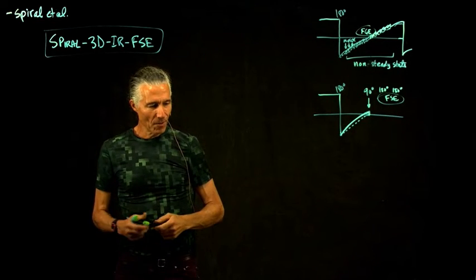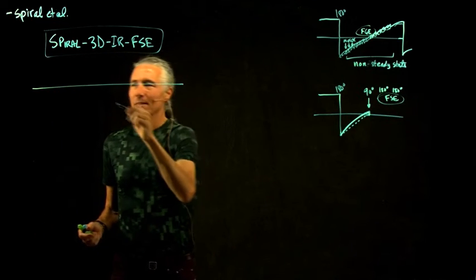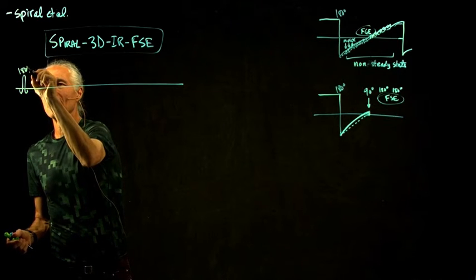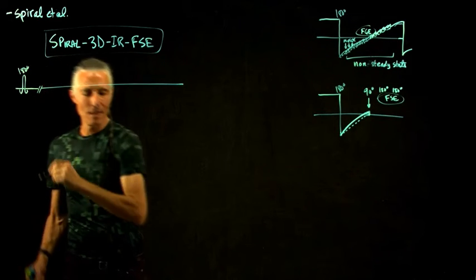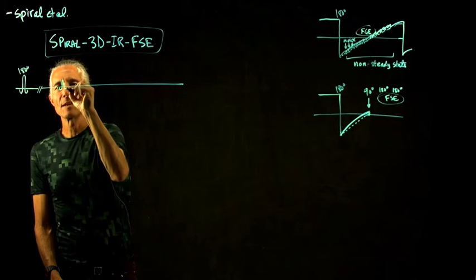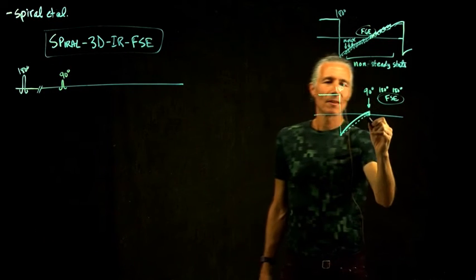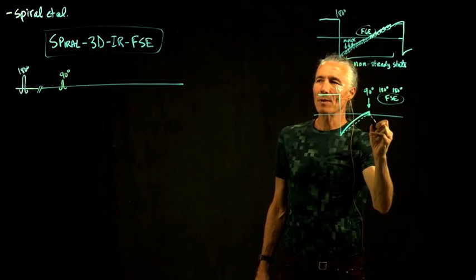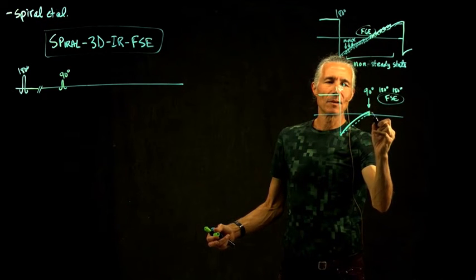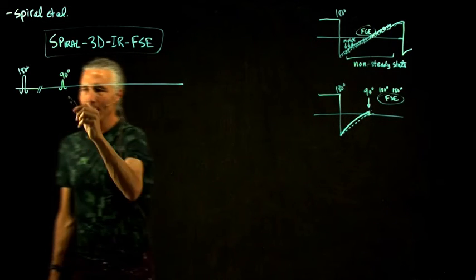And so what does the whole cool sequence look like? It looks like this. We start off with a 180 over here, and then we wait a long time until we get to the point at which the tissue type that we want to null, to turn to 0, is at 0, and the other tissue is above 0. Then we do a 90,